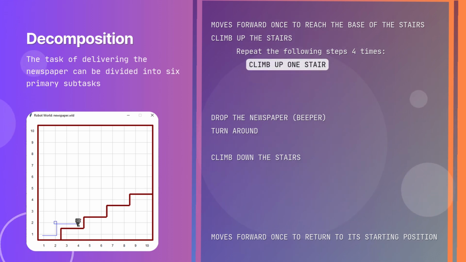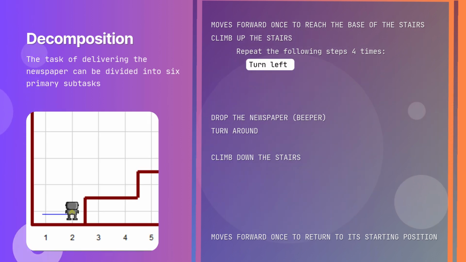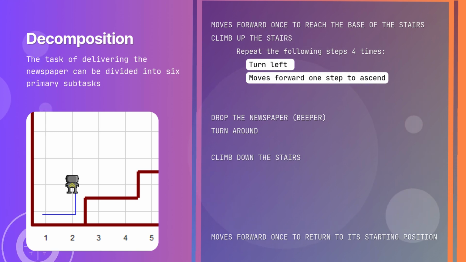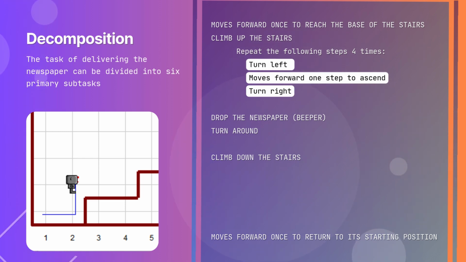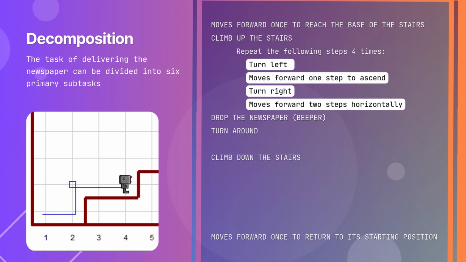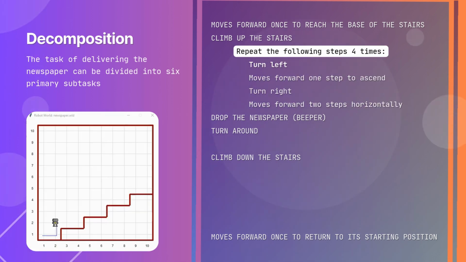But how does the robot climb a single stair? First, it turns to the left to face the stair's vertical side, then moves forward 1 step to reach the height of the stair. Next, it turns to the right, facing the horizontal edge, and moves forward twice to position itself securely on the stair. By repeating this process 4 times, the robot successfully climbs all the stairs, reaching the front door where the newspaper